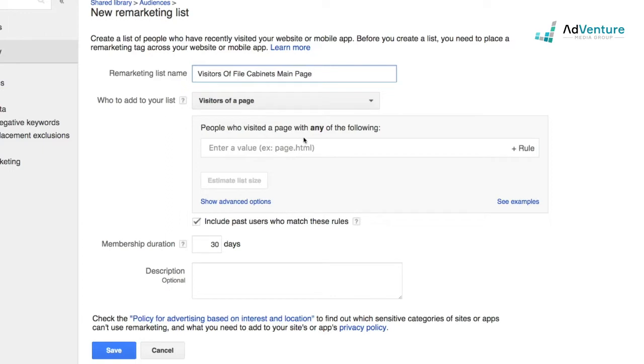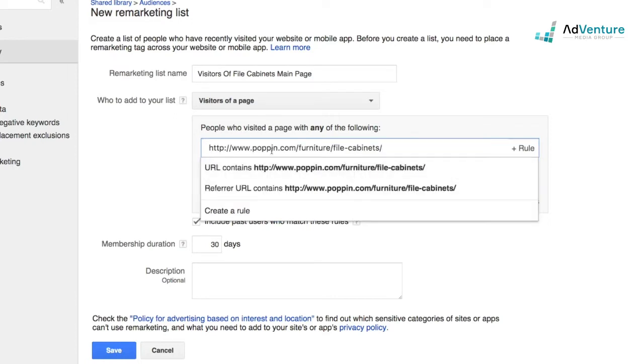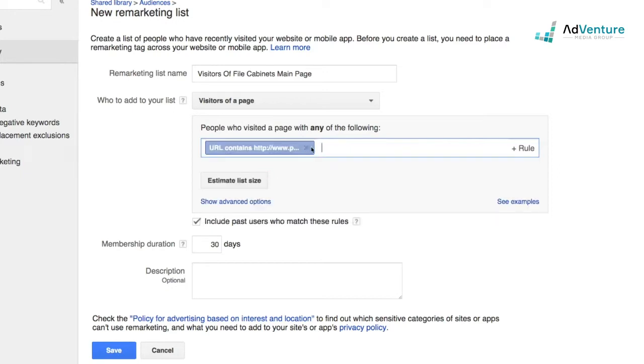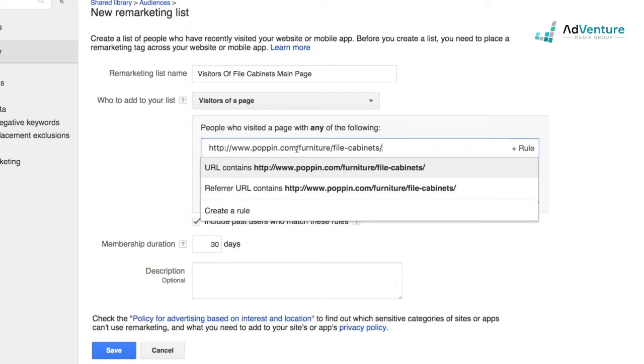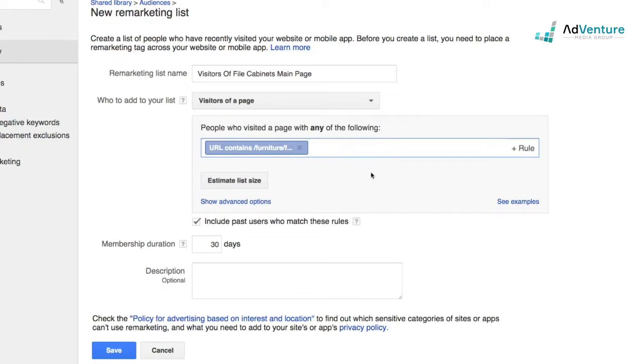and people who visited a page with any of the following. These are my rules. So they visited the file cabinets page, and I have the option that the URL contains or the referrer URL contains. In this case, we want to click the URL contains, but I don't need to have the entire URL in there, because as long as it contains this extension or this subdirectory,